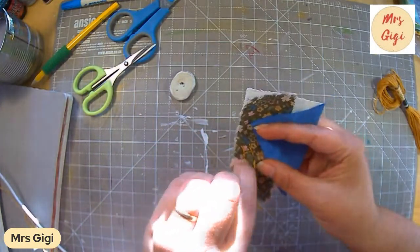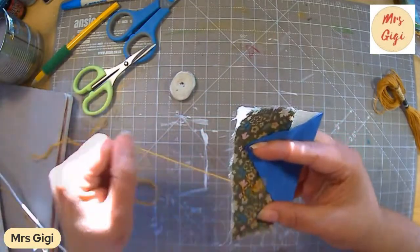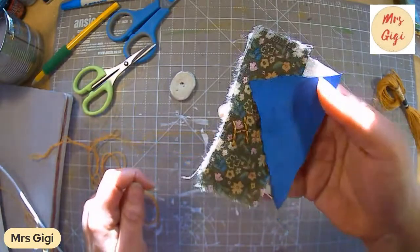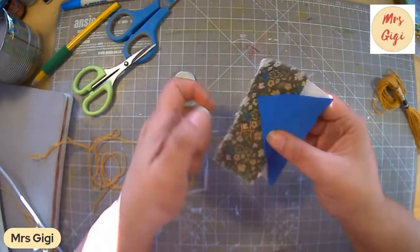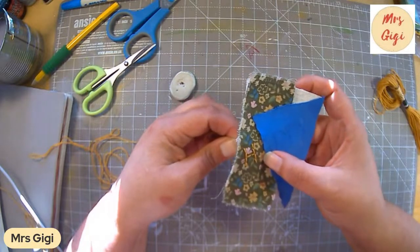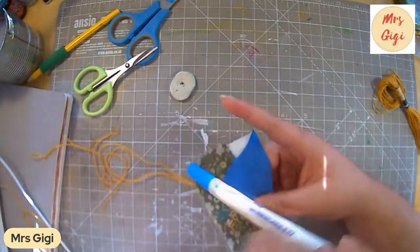So the H did work out kind of well, I don't know. I hope that you can see it too. Oh, it's all glary from the sun, but it's there. And then we will go on and use